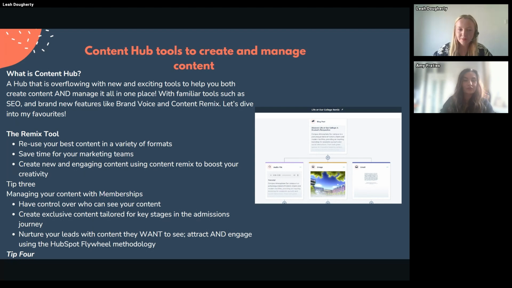Managing your content with memberships. So this is moving on slightly now to having control over the content that you have. This is the flip side to this. You've created the content, you've got it there. Now, how are you going to manage this? You don't have to. You could have your content open to everybody. You don't have to use this tool, but it's a really great way to control who can see specific content